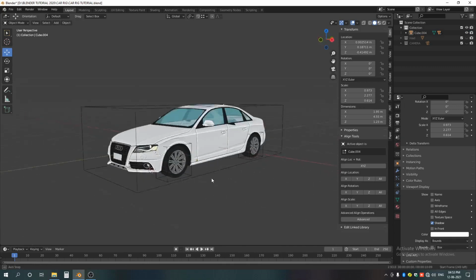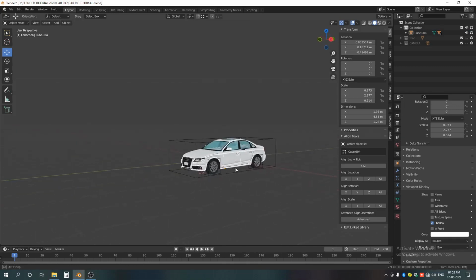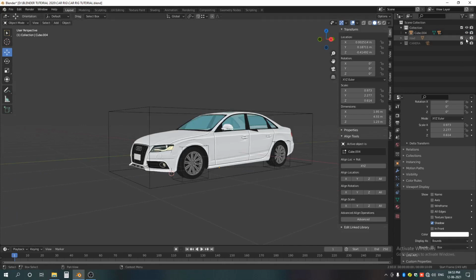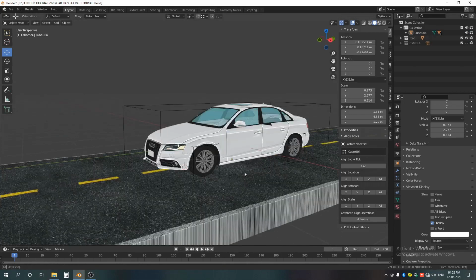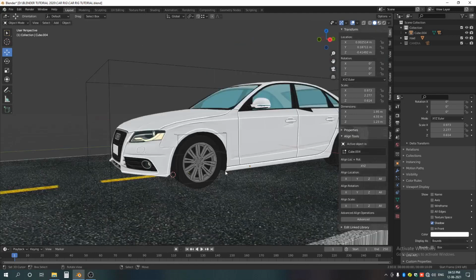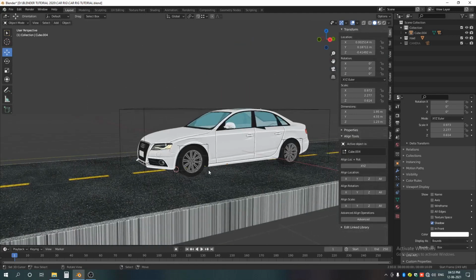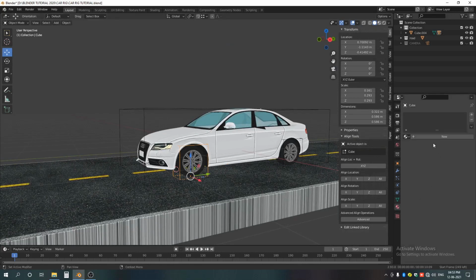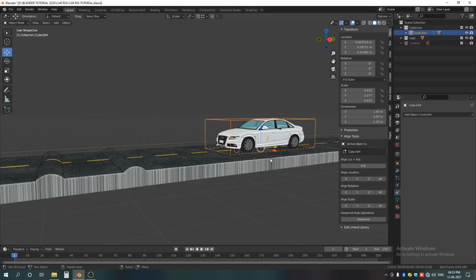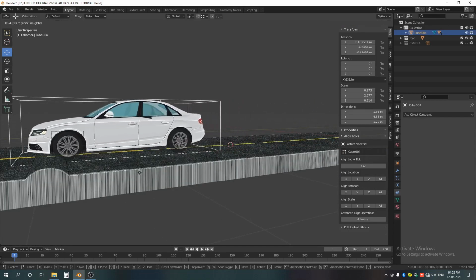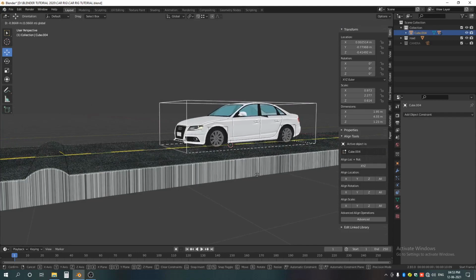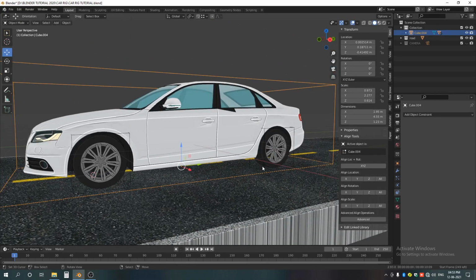Okay, if you need a basic rig, it can work, but I want it to react to my path, so I unhide my road or path, whatever you call it. Okay, now to do that, just select that box and go to the object constraints, and add a shrinkwrap. Now select the road and change nearest surface point to project. And now if you move the car, you can see that my tire is reacting to my path. Okay, we have to do it for all the tires.